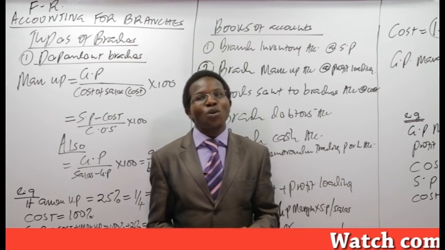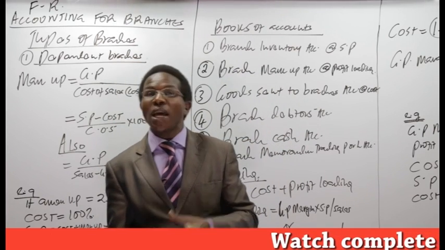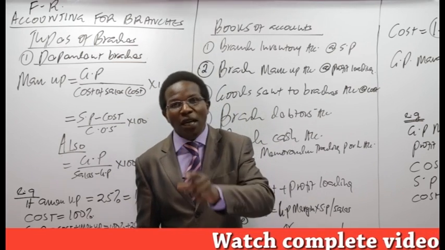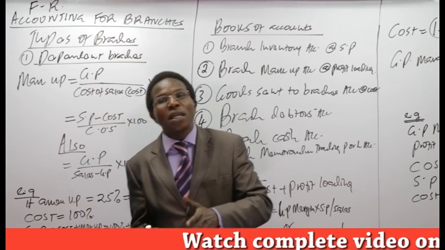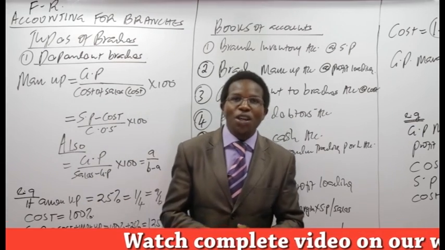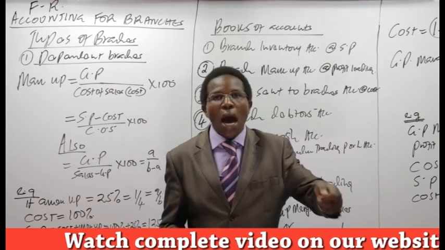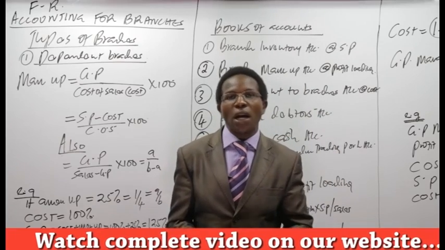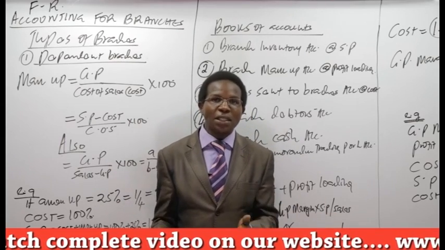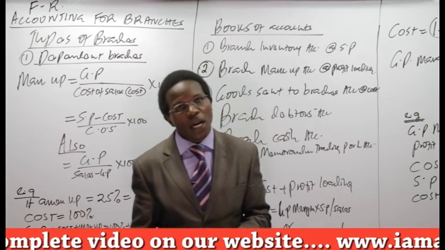Now, sometimes goods may be returned. Goods may be returned not by the branch to the head office, but by the branch customer. If a branch customer returns goods, they have an option. They may return goods directly to the head office or they may return goods to the branch. If goods are returned to the branch themselves, it's easy. We simply debit our branch inventory account, we credit our branch debtors account with the selling price. If goods are returned by the branch customer to the branch, we debit our branch inventory account, we credit our